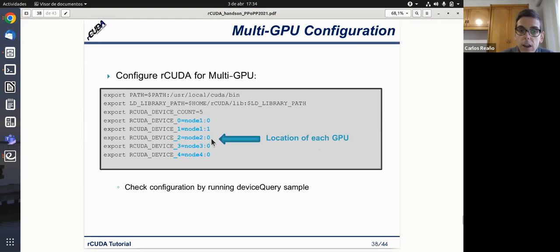For instance, here we are saying that the second GPU is in node 2, and the third one in node 3, and the fourth one in node 4, etc.